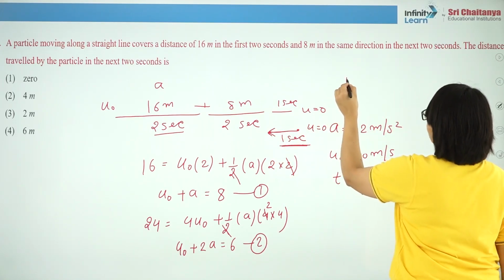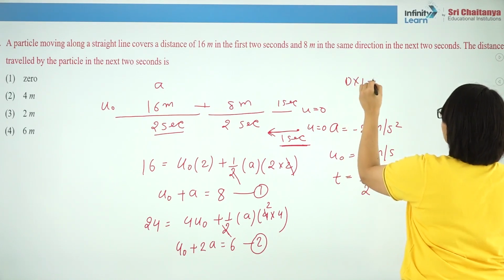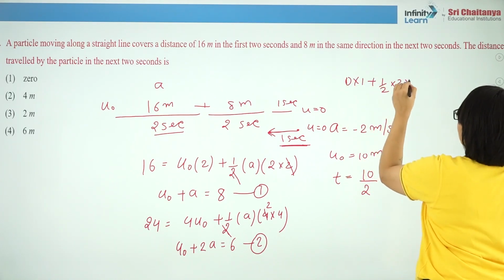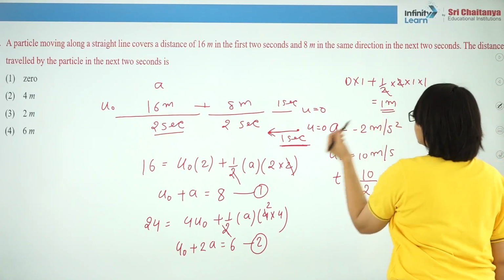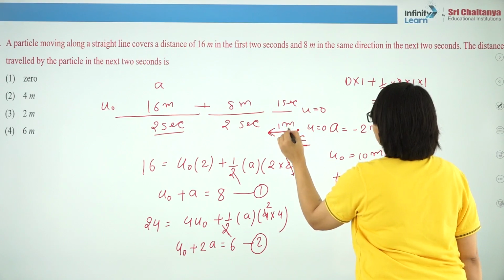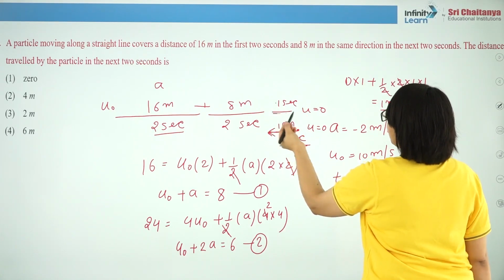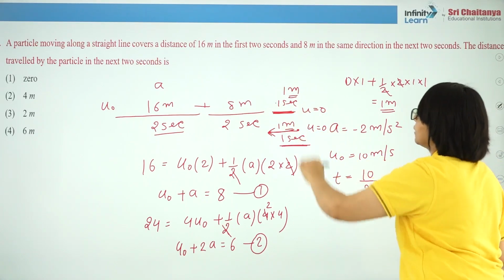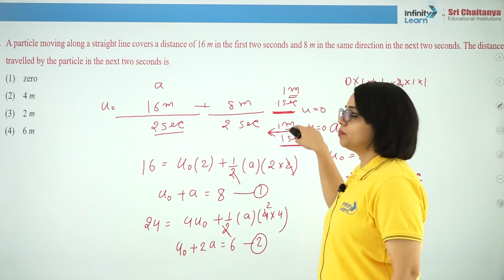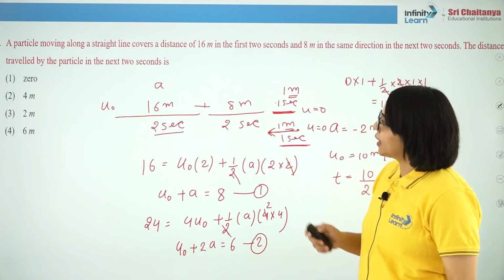So, it is ut, which is 0 into 1 plus half a into t square. So, distance covered in the backward journey in 1 second is 1 meter. So, distance covered in this forward journey in 1 second will also be 1 meter. So, total distance covered by this particle will be 1 plus 1, which is 2 meter,